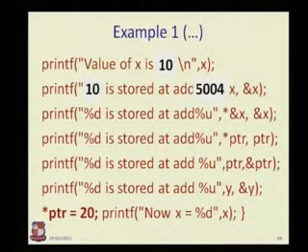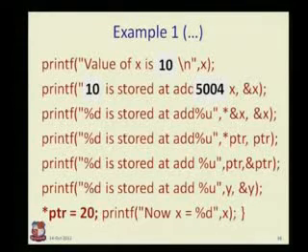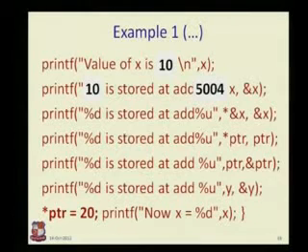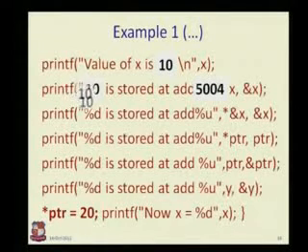Now let's see again with the star, the third line. printf %d is stored at the address %u. Now I have used *&x and &x. So what is the difference? When I use star and ampersand, what am I doing? First I am accessing the address of x by using the ampersand, then I am dereferencing it again by star. So that means star and ampersand when used at the same time will cancel out and will give the value 10. Yeah, here it comes, 10.